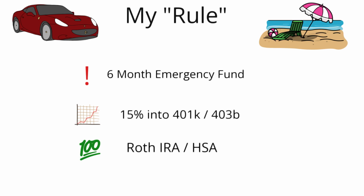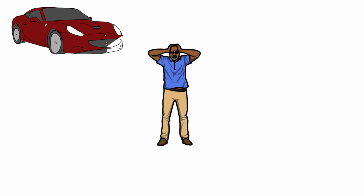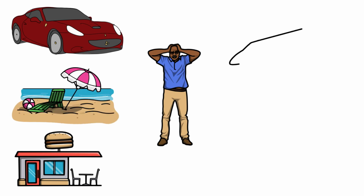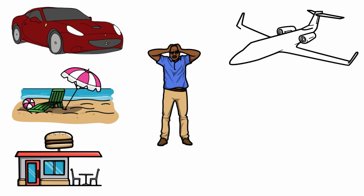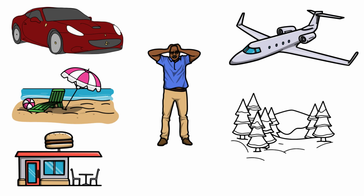And I know that this seems like quite a lot of saving and investing, but I don't give you a monthly percentage rule that you have to stick to in terms of spending. It's up to you to decide if you want to spend more of your monthly excess income on a vehicle or car parts, or if you'd rather spend less, save more, or go out to eat more, or go on vacations, etc. And the 6-month emergency fund is just there, obviously, in the case of an emergency, like you lose